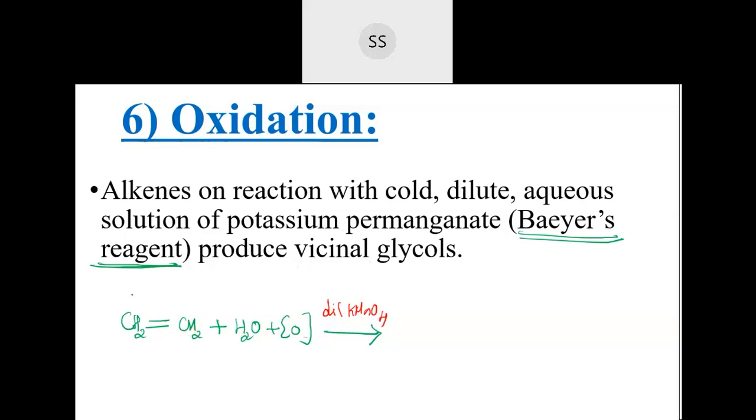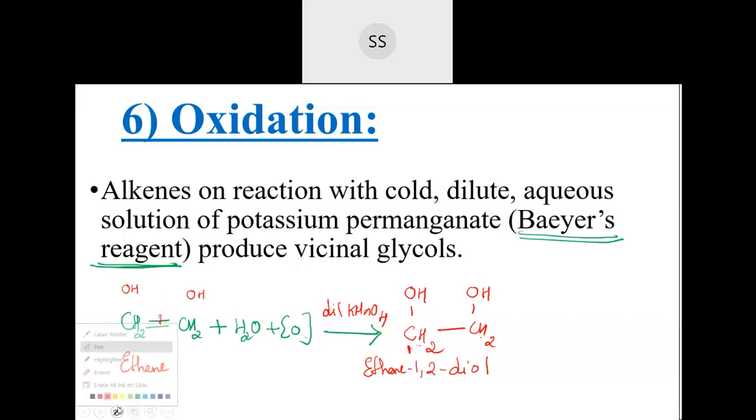So in the presence of water, one OH goes here and one OH gets attached over here. You break this double bond, so you will write CH2 single bond OH, then again single bond CH2 and OH. So ethene gets converted to ethane 1, 2 diol. Two carbons are there, so ethane. First position and second position, I have the OH group. Functional group is here. So 1, 2 diol.